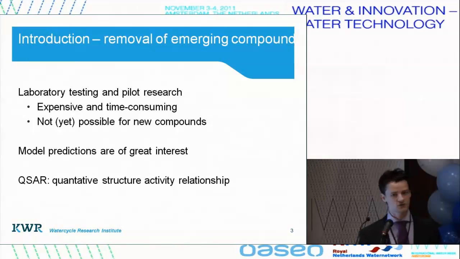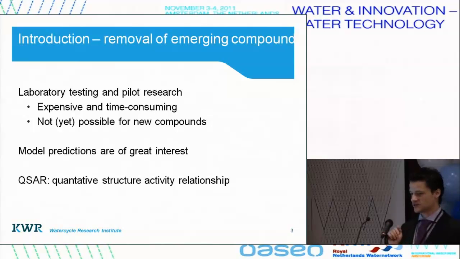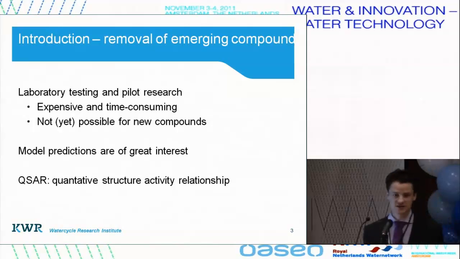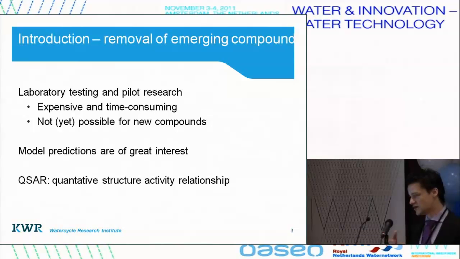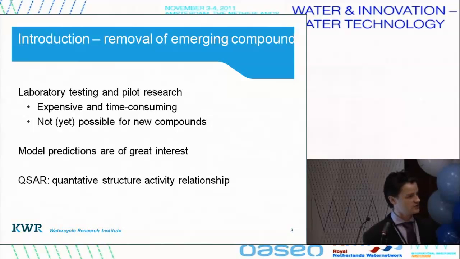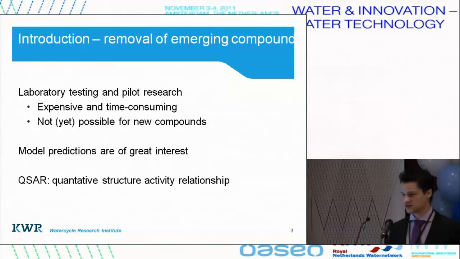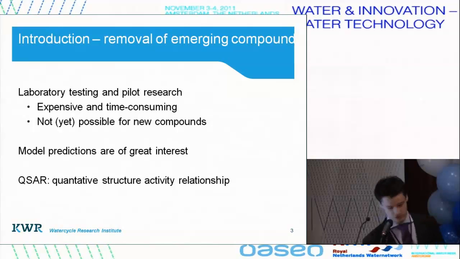If you want to know that, you'd like to measure that, but that's of course quite expensive to measure all those compounds. But also, for some compounds, it's even not possible to measure that because the analytical techniques are not developed for that compound. So model predictions are also very interesting to obtain how they are removed. And one of these techniques is QSAR, quantitative structure activity relationship, which relates the...